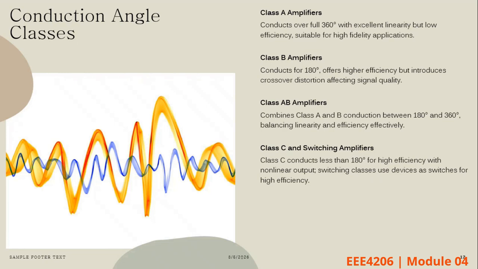So it is in between. It can go up to 360 and also come down to 180. So it balances linearity and efficiency. Very effective. This offers a compromise between efficiency and linearity, and this is why it is the most common class used in communication